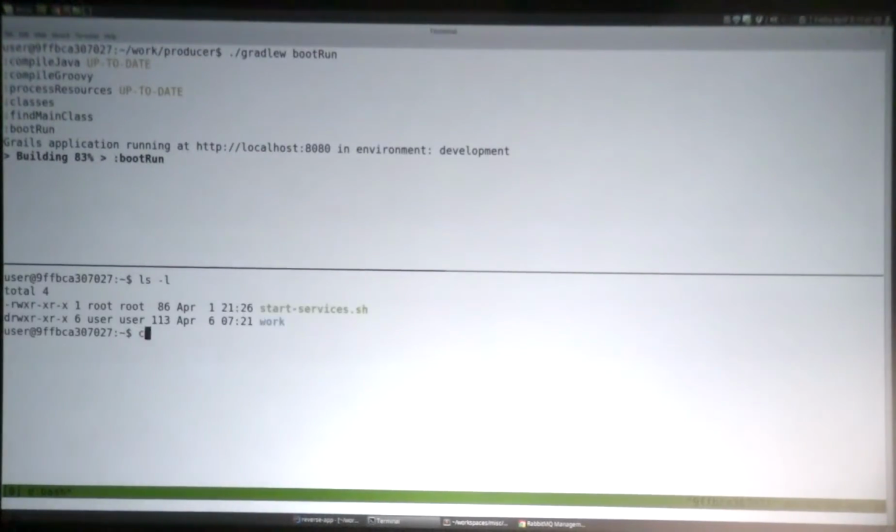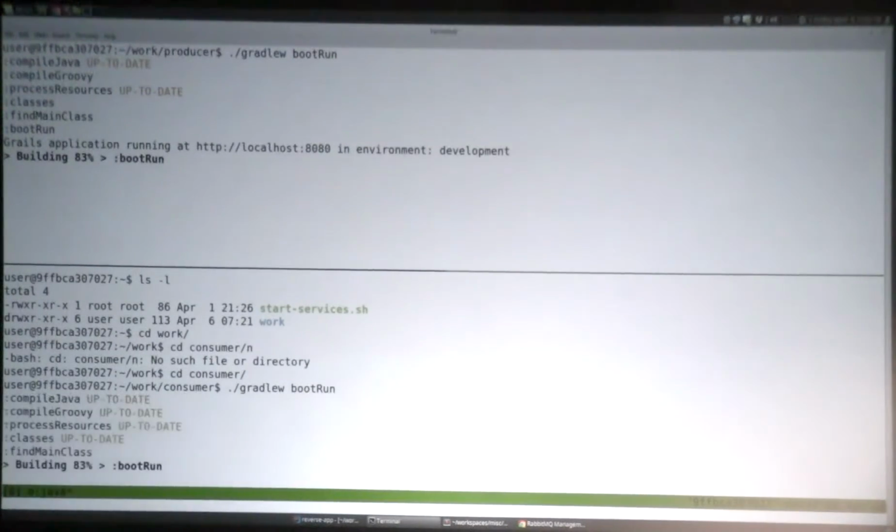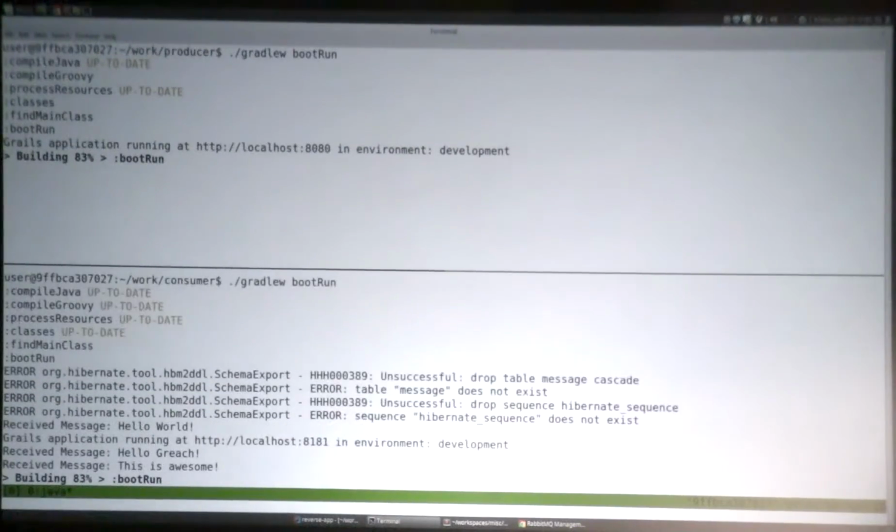So this is the same, consumer, sorry, and Gradle w run. And what is going to happen is that the consumer is going to start, and as we have 3 messages on the queue, the consumer is going to get every one of these messages. We are going to see here the log, and then we are going to see what happened on the database. So as you can see here,